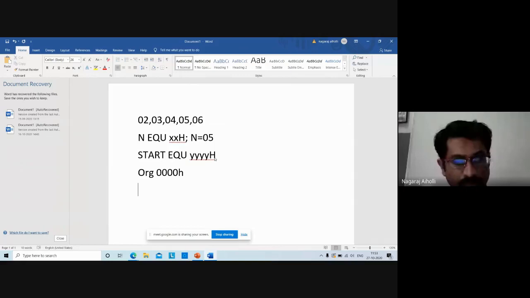Then I will move the value of n, the count value, into R0, so that later I can check the count and decrement it for my logic. So I'll store the value of n in R0: MOV R0, #n.